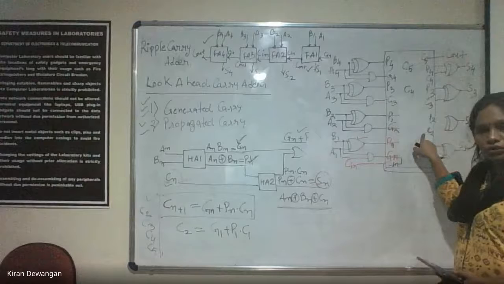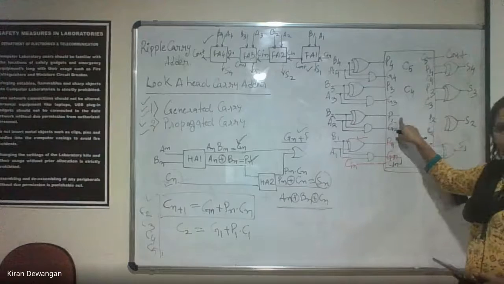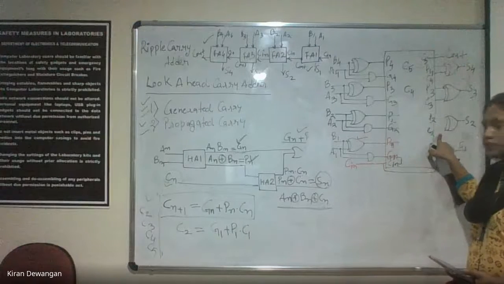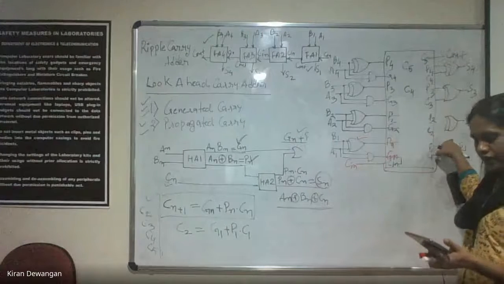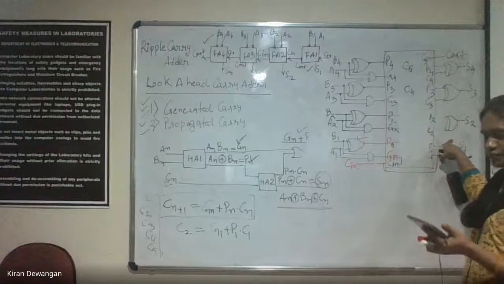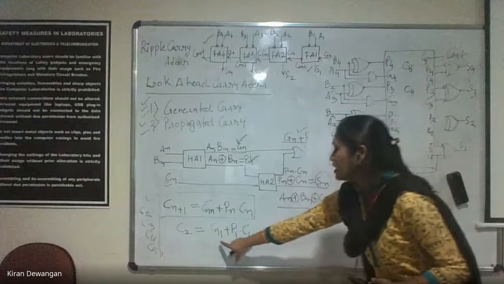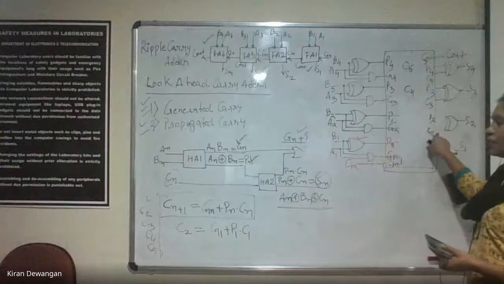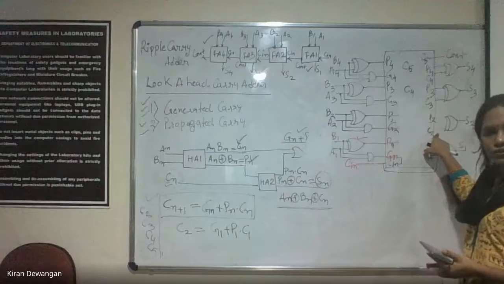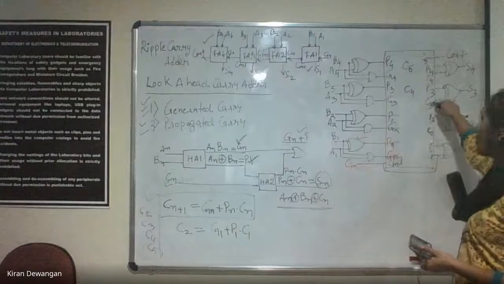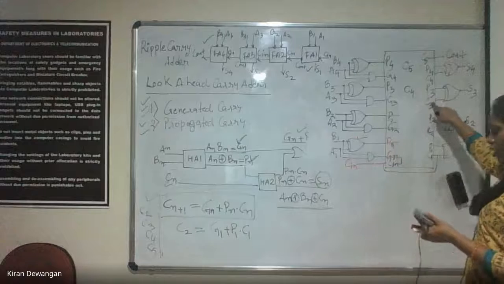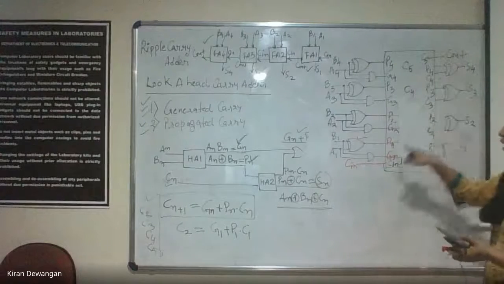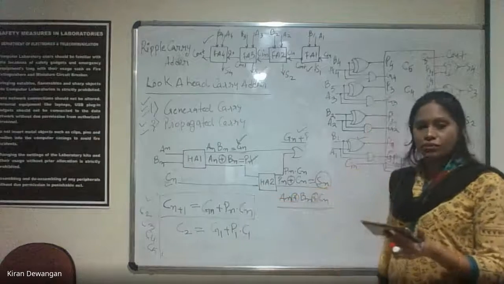ये जो C2 कैलकुलेट होगा वो आपका यहाँ पर भी यूज होगा और ये आपके फाइनल सम में यूज होगा, जो S2 कैलकुलेट हो रहा है उसमें भी यूज होगा। क्लियर? यहाँ पर आपका G1 प्लस P1 डॉट C1 है, दैट विल बी कैलकुलेटिंग C2 और वैसे ही हमारा C3 कैलकुलेट हो जाएगा और C4 भी कैलकुलेट हो जाएगा। ये जो चारों आपके कैलकुलेट होंगे वो सिर्फ इस फॉर्मूला से कैलकुलेट होंगे।